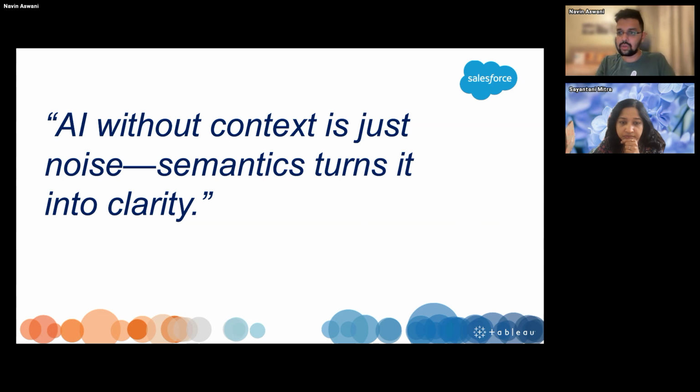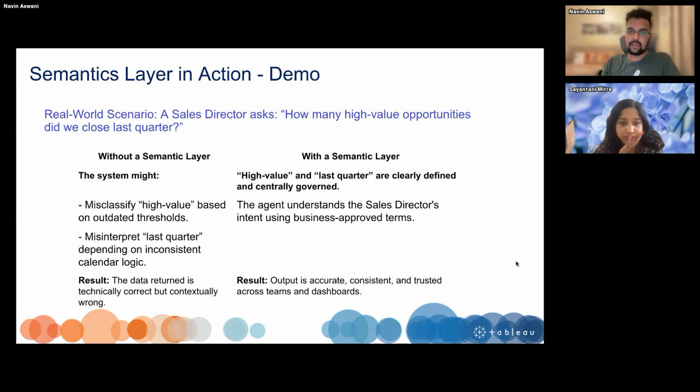AI on its own can process a massive amount of data, but without the right context or the right understanding, it can be overwhelmed with information that can be misleading or confusing. That's where semantics comes into the picture. It gives structure, meaning, as well as shared understanding to the data, so that the AI-generated insights can actually make sense, are actionable, and can drive the business forward. So let's see one of the examples. I'll just go through it at slide level, then we can jump on to the actual demo part.